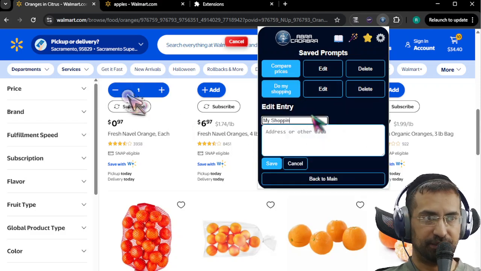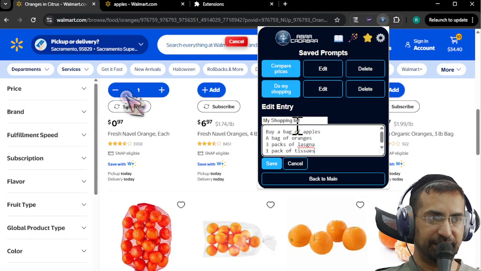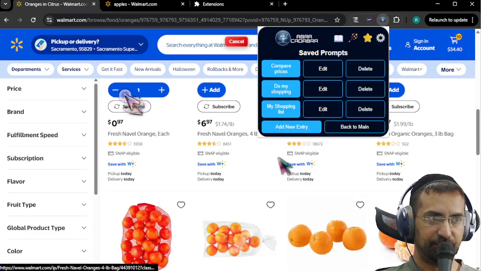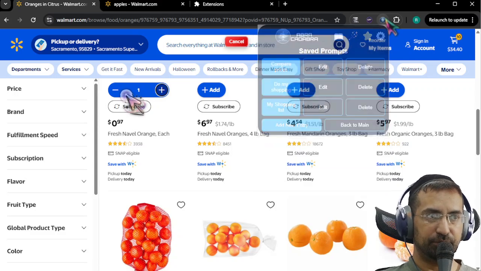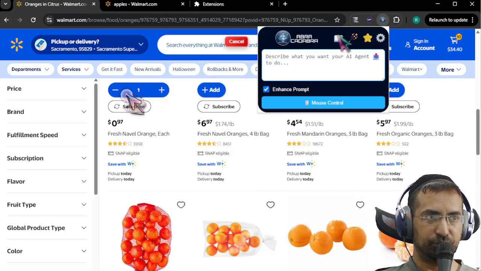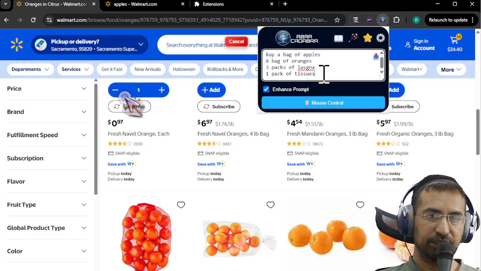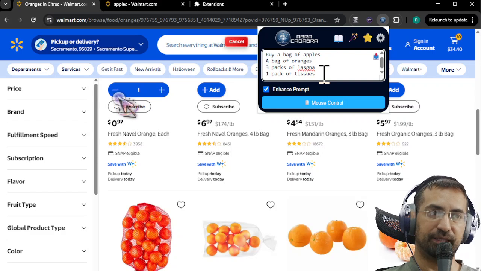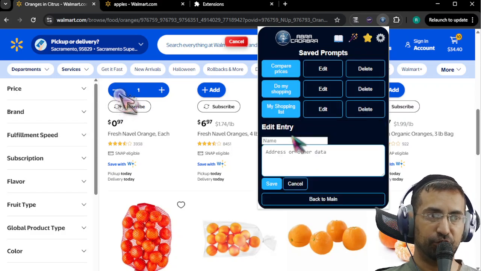My shopping list. And you paste it over here, and done. Now, whenever you come to Abra Cadabra, you can go to here and click on my shopping list, and it will populate that. So let's say you have a favorite pizza from Domino's Pizza with specific toppings. You could create a new entry called